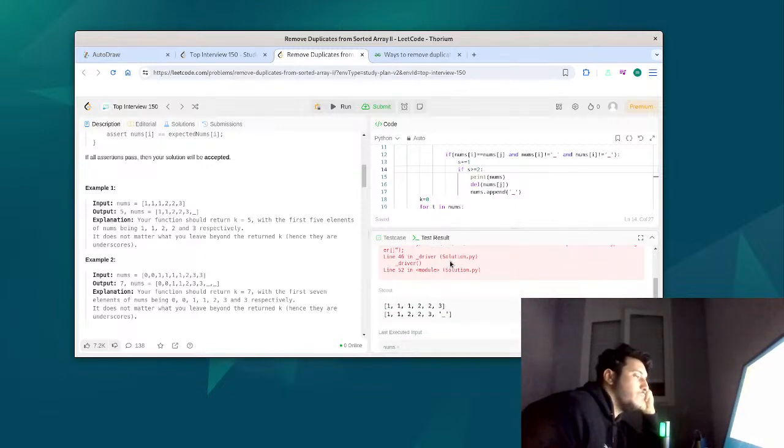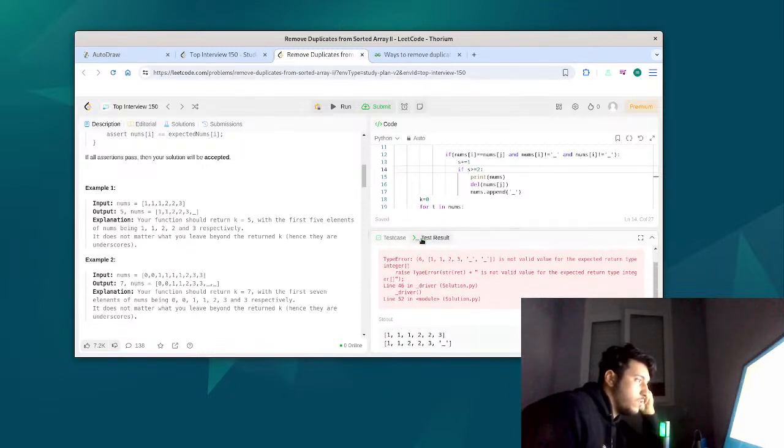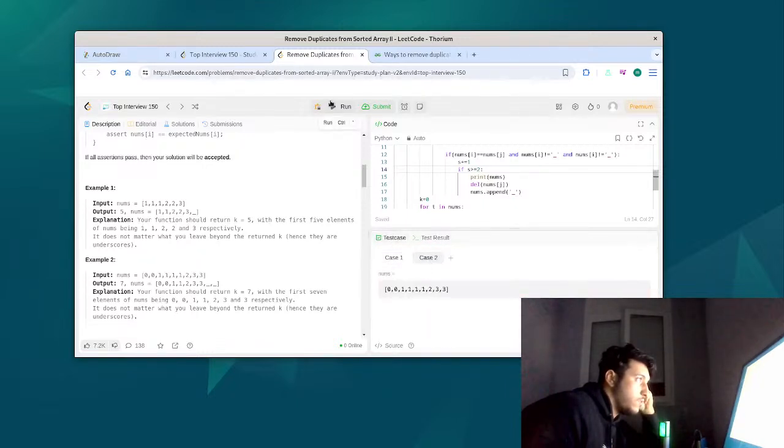I think this is correct, but let's see the